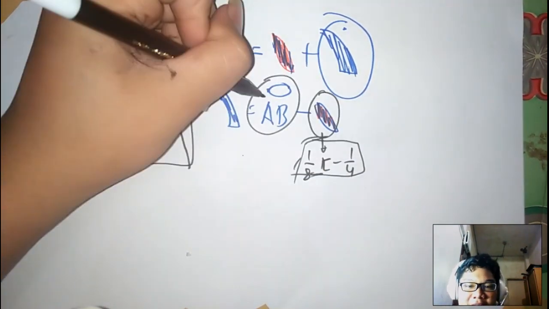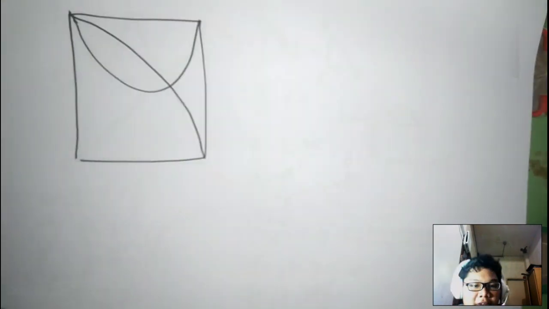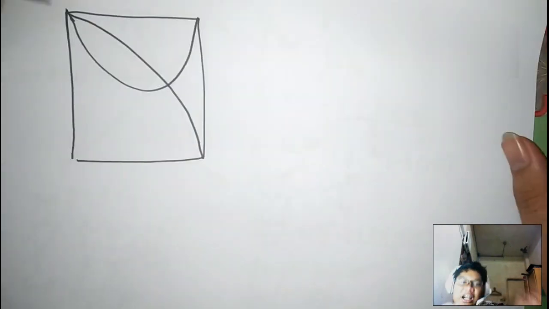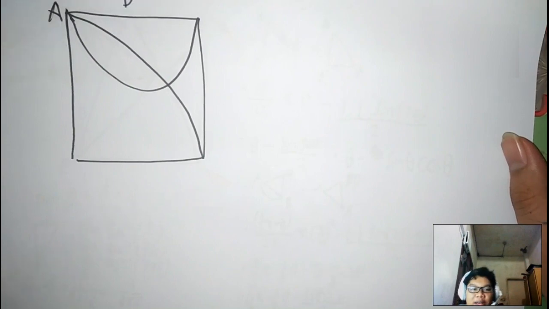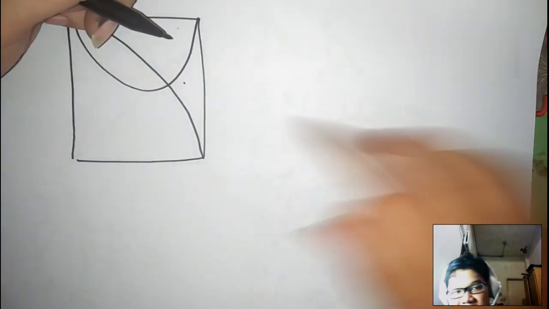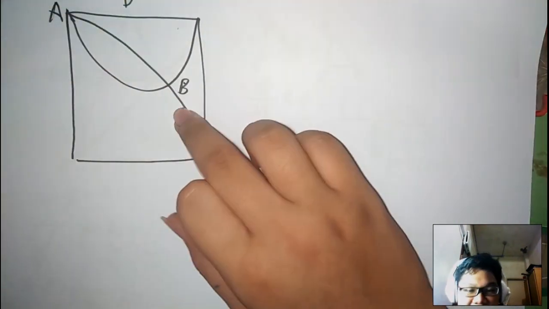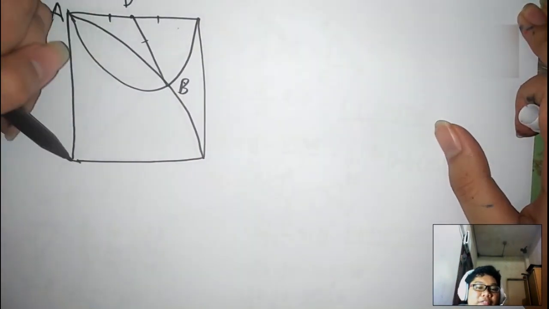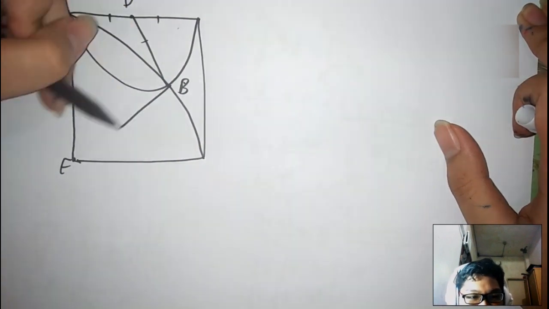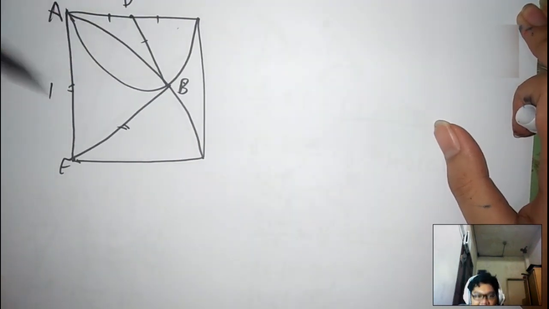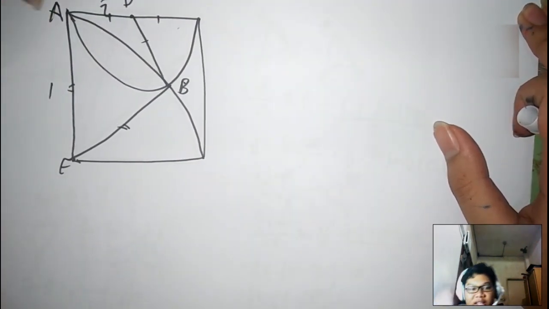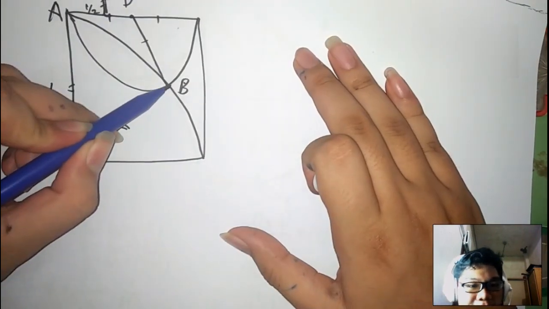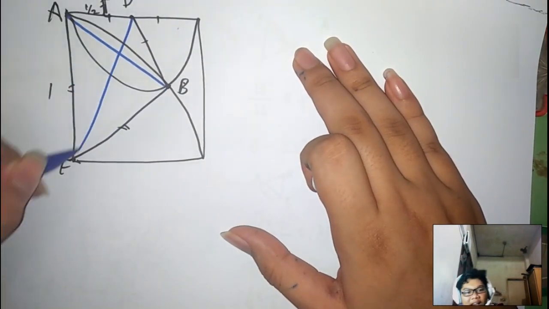And how do we find arc AB? Okay, first we draw Charlie's region and Bob's region, and we call it A, and the half point is D, and this point is B, and then we connect D with B, so it will have the same length, and B to E, and it will have the same length as AE, because AE is equal to EB. After that, we know that AD is a half, and we connect A and B to make a line, and connect D